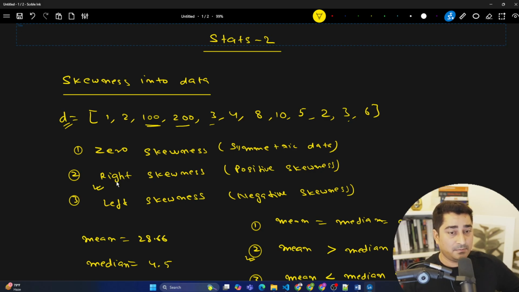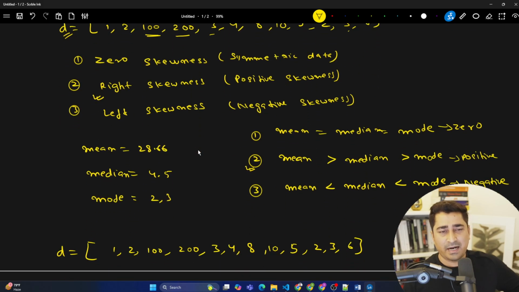So I'm trying to claim that right skewness. So my data set is basically rightly skewed. And what is the meaning of right skewness? You will be able to understand after that. As of now, we are able to understand that it's a positive side skewness. So the word that I have written over here, positive skewness. So as of now, we are able to understand that, okay, my data set is skewed on a positive side, means on a higher side of the data, positive higher side of the data. So I have some sort of outliers which is available inside my data set.